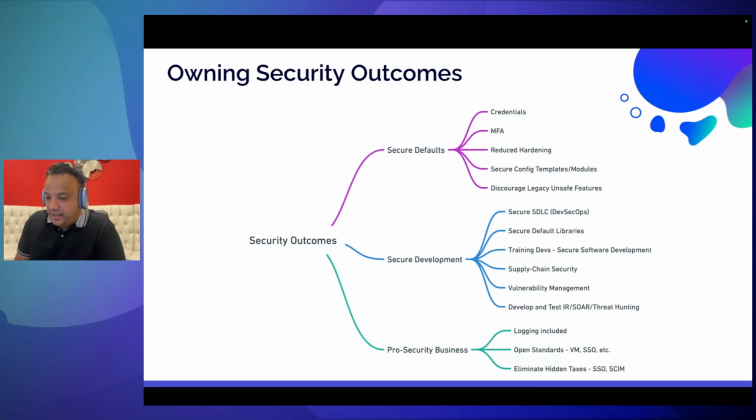The other thing that I really like here, aside from all of the other stuff like security for libraries and supply chain vulnerability management, is that they have brought in the whole incident response, the security orchestration and response part, the threat hunting part, simply because that tends to get a secondary treatment when it comes to application security, right? Or when you don't think of that as secure by design, right? A lot of people don't think of it as secure by design. A lot of people think of it as, oh, this is something that needs to be done, but it's not really an application thing, right? But it very much is, because